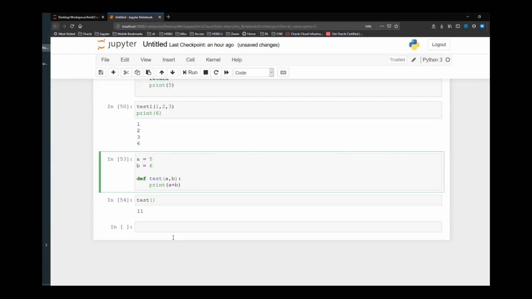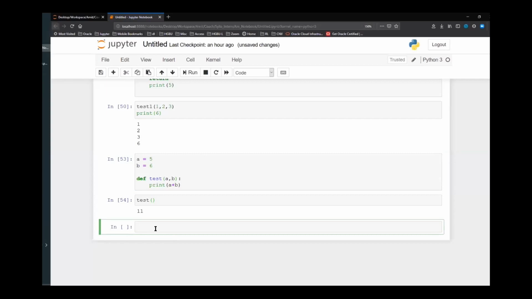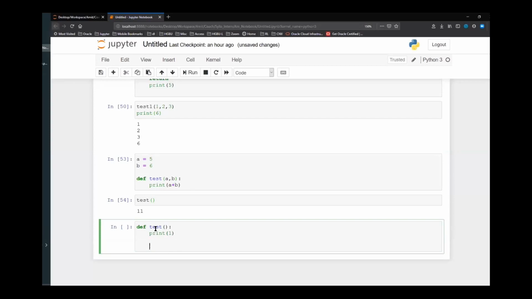Correct me if I have not understood the question that you are trying to ask. So the question is, I'm saying def test, and then I'm saying simple function print 1, and then I'm calling test somewhere this way. I'm calling the function.